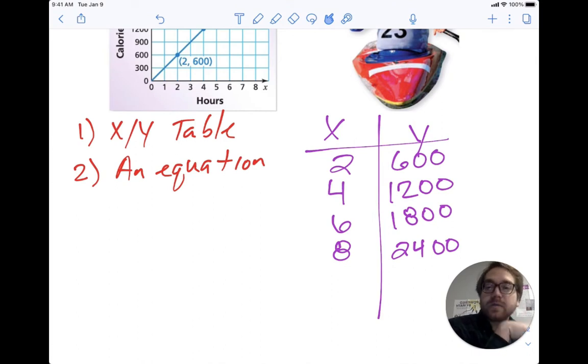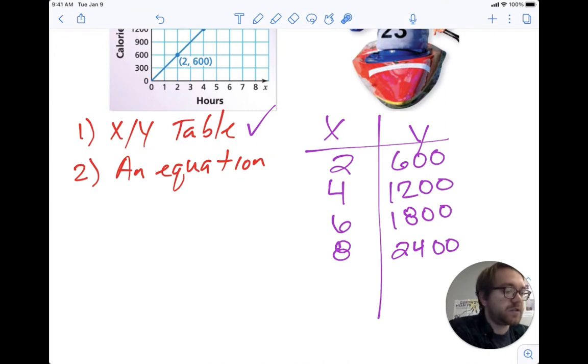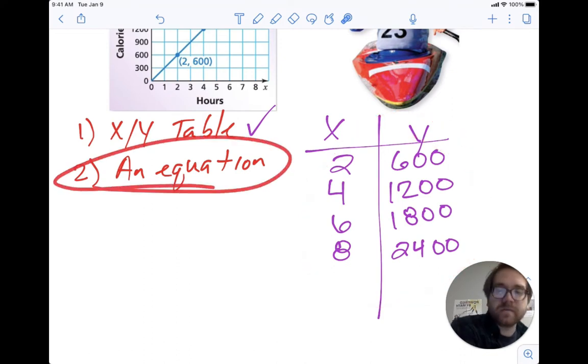And so there's my XY table based off of the graph. That's the first thing that you want to do, is just create that XY table for this graph. Now we need to figure out what's our equation that models this. So we have the graph form of the function. We just put it in the table form of the function. Now we want to figure out what's the equation form of the